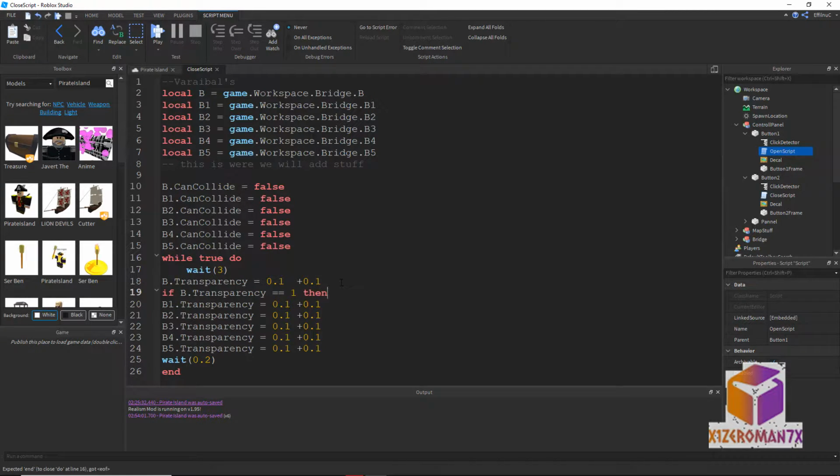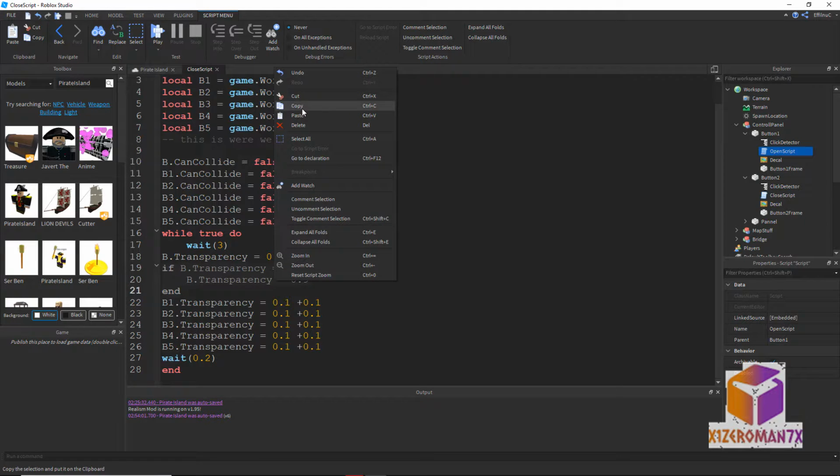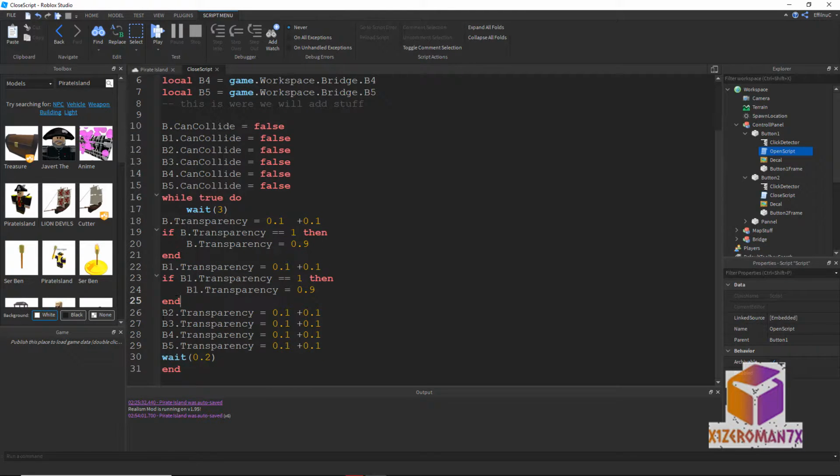then we're going to set b.transparency equals 0.9, and then we're just going to copy this all the way down basically. So we can just copy this and then paste it after this. So B1, B1, and then we're just going to go again, space, paste it,